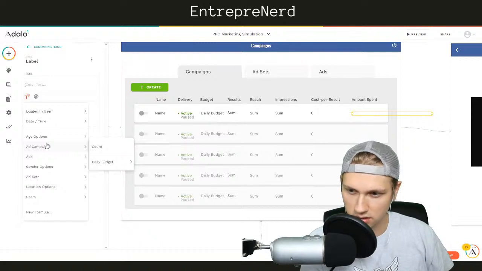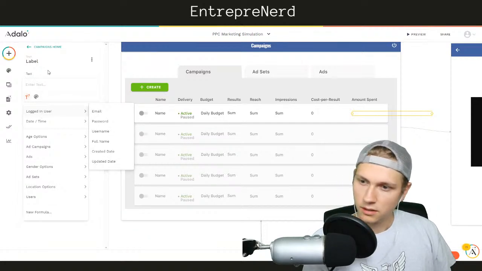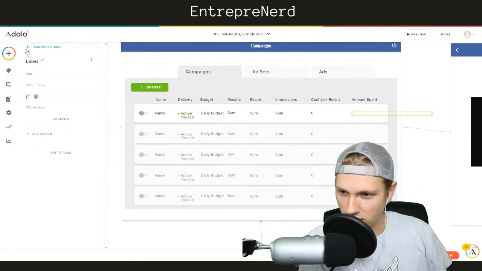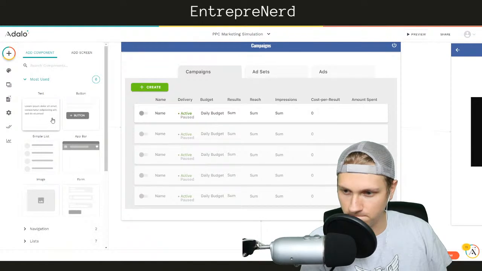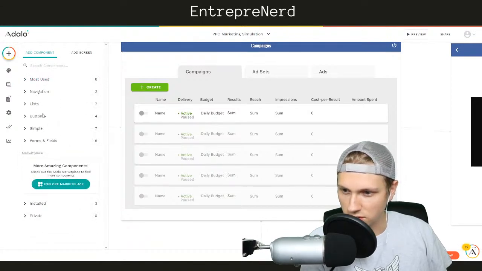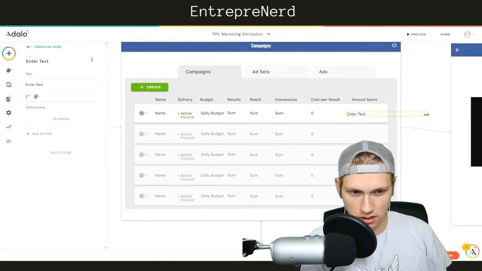What the heck? Users. What is going on? I don't think this is the right kind of text for some odd reason. Most used. Simple. Text. Here.